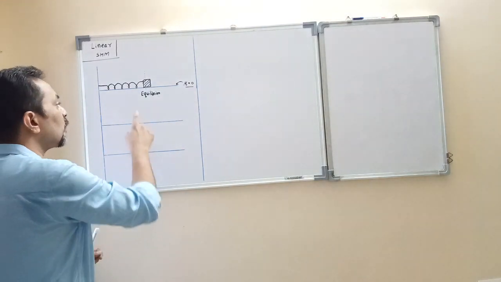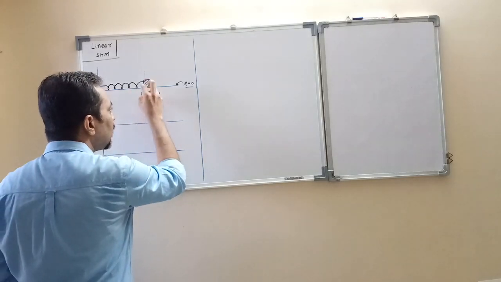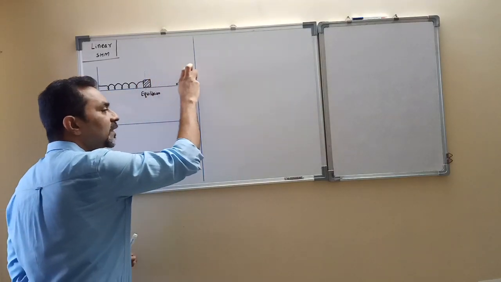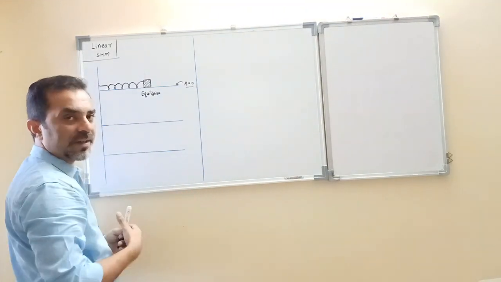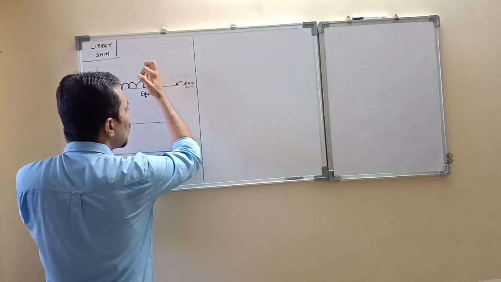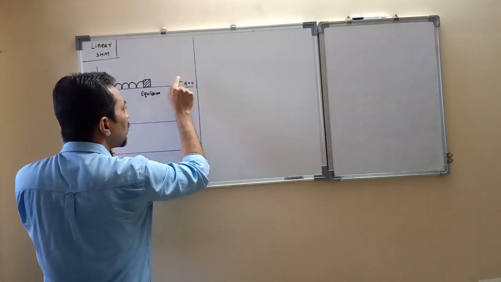Now suppose from this particular position मैंने ये block को I displace this particular block maybe towards right side. मैं ये block को right side लेके गया. Meaning what? Obviously the spring will get what? Stretched. Spring क्या हो जाएगा? Stretch होगा ना? You are trying to pull this block. You are trying to pull the spring, and spring को pull किया, stretch किया, this block will get displaced towards